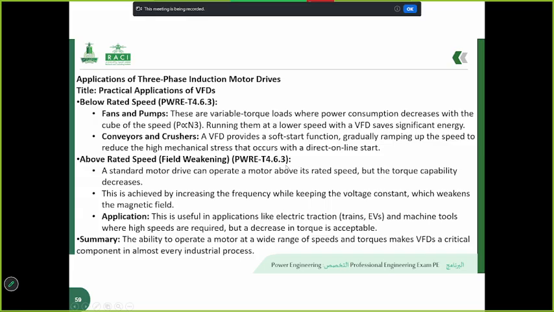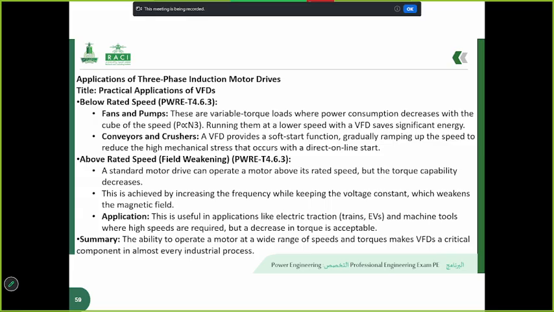Okay, the majority of VFD applications involve operating the motor at speeds lower than its maximum rated speed. So this is particularly beneficial for loads with variable torque characteristics such as fans and pumps. For these applications, the power required decreases with the cube of the speed, meaning that even a small reduction in speed can lead to significant energy savings. So by using a VFD to match the motor speed to the exact process requirements, plant operators can drastically